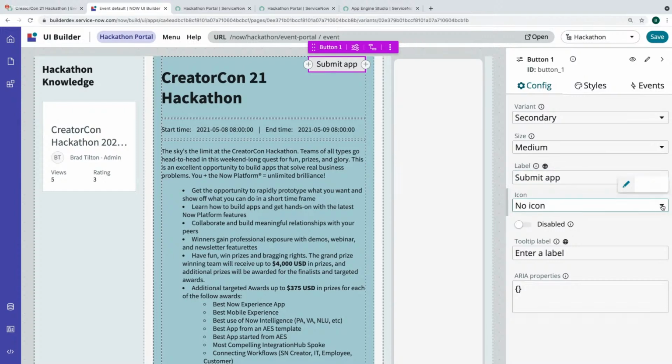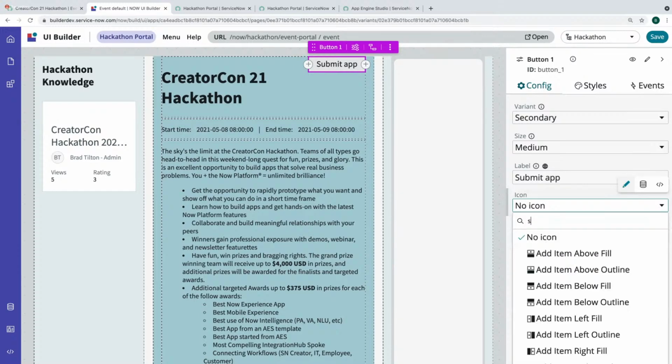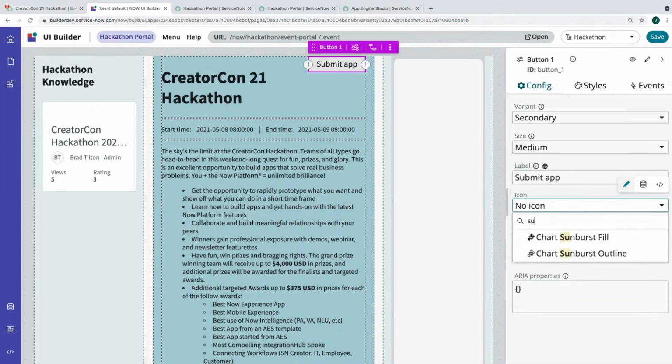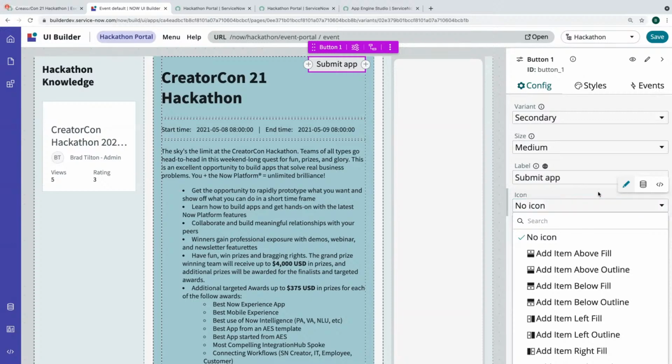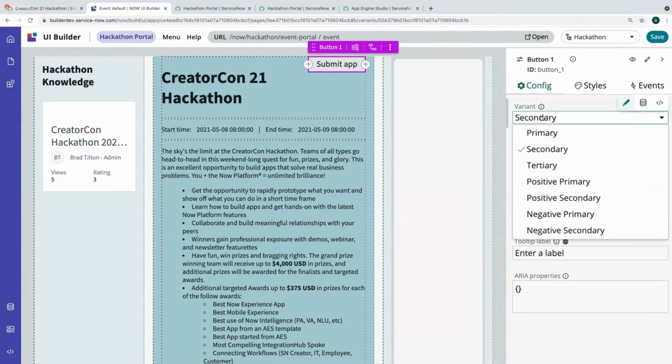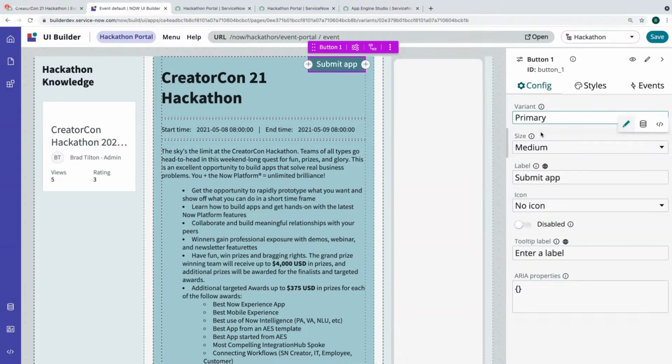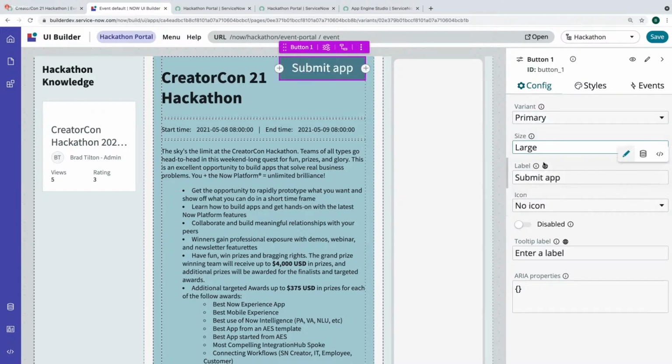Let's give it, what's a good submit icon? Whoop, where'd you go? I don't know, no icon. Let's just leave the button. I am going to make it a primary. What happens if we make it large? Whoa, let's do that for now.